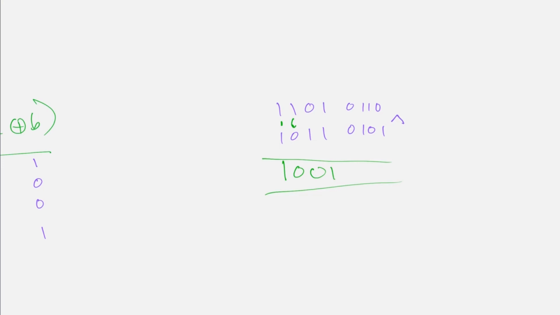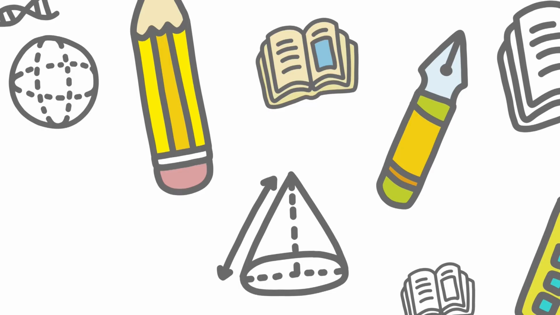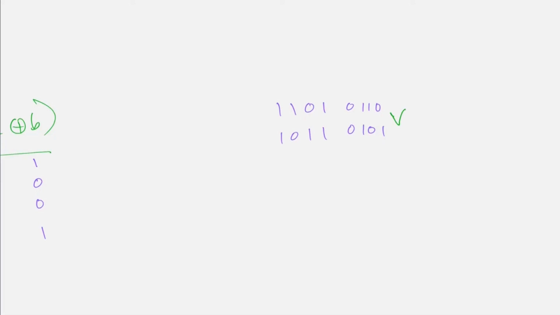1 and 1, 1, 0, 0. There we go. So that would be our answer for a 1 and 1. It would be quite similar if we did an OR. So we've got our OR here. We've got 1 or 0, 1, 1 or 0, 1, 1 or 1, 1, 0 or 0, 0, or even